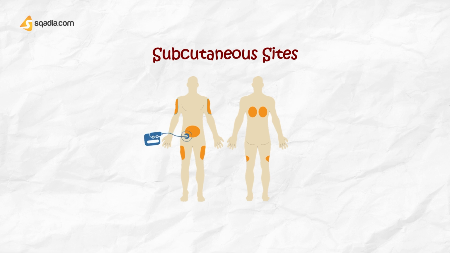Continuous subcutaneous insulin infusion, also called the insulin pump, is another method of insulin delivery. This method of administration may be more convenient for some patients, eliminating multiple daily injections of insulin. The pump is programmed to deliver a basal rate of insulin. In addition, it allows the patient to deliver a bolus of insulin to cover mealtime carbohydrate intake and compensate for high blood glucose.